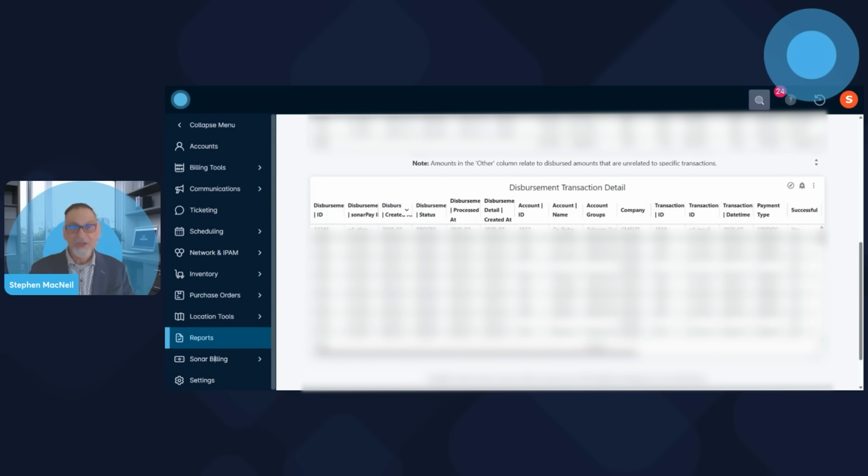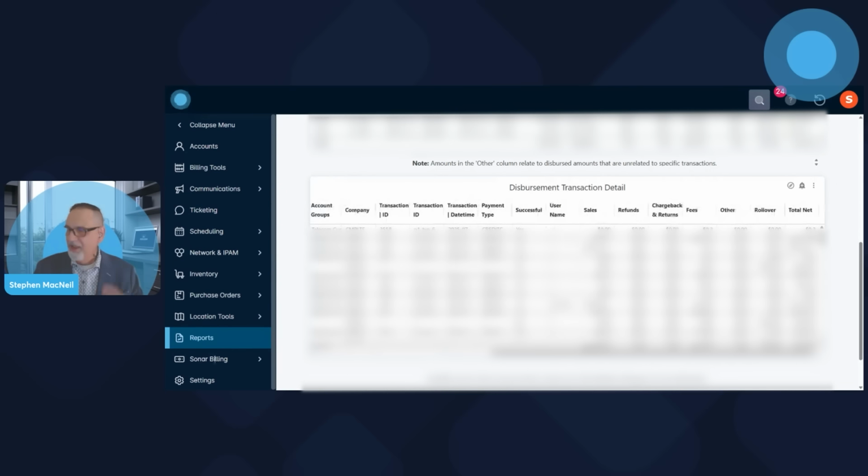Think about it. The opacity, an understanding of what the breakdown is on a disbursement that's popped into your bank every day. This is where you will see the account ID, the account name, all the aspects of the individual transactions. And then also the same reporting, the gross sales, the refunds, chargebacks, or disputes, as well as the net settled amount per account per transaction.